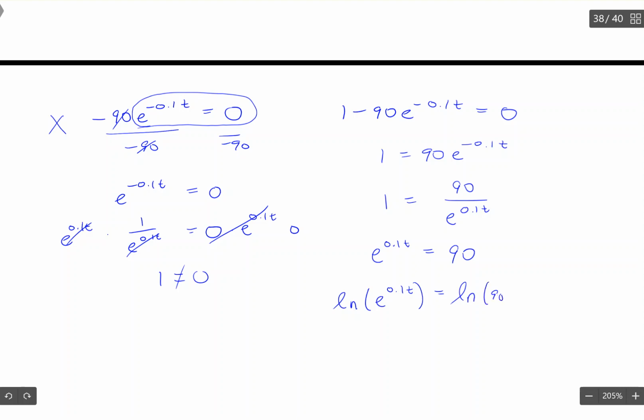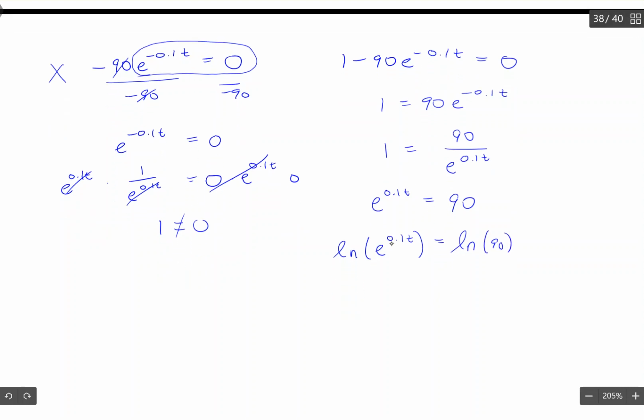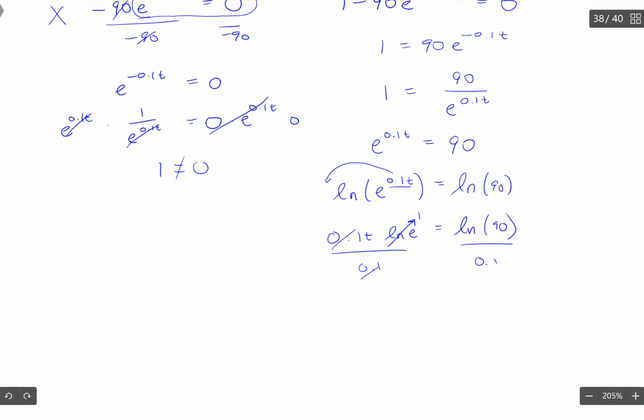I'm doing that purposefully here because when I first take this exponent and make it a constant multiplier of my logarithm, I have 0.1t times the natural log of e. The natural log of e is just 1, so that's why I chose the natural log here. The next part to get t by itself is to divide both sides by 0.1. So now I get t is equal to the natural log of 90 divided by 0.1,